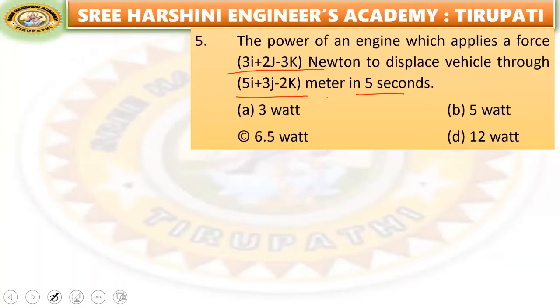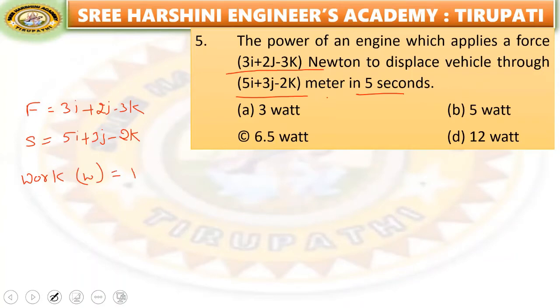Force F equal to 3i plus 2j minus 3k, and displacement S equal to 5i plus 3j minus 2k. First we have to calculate the work. Work is equal to F dot S, that is 3 into 5, 15, plus 2 into 3, 6,